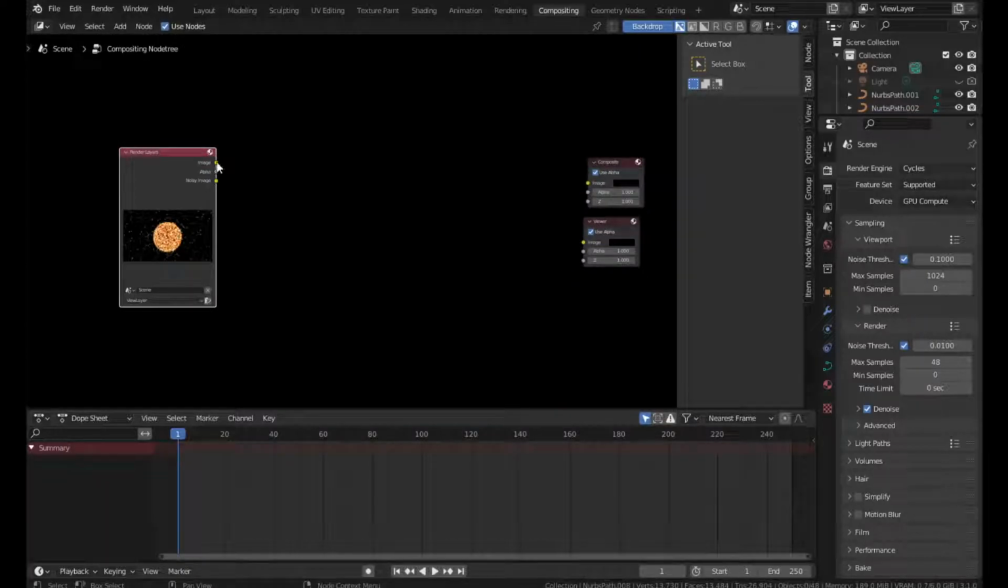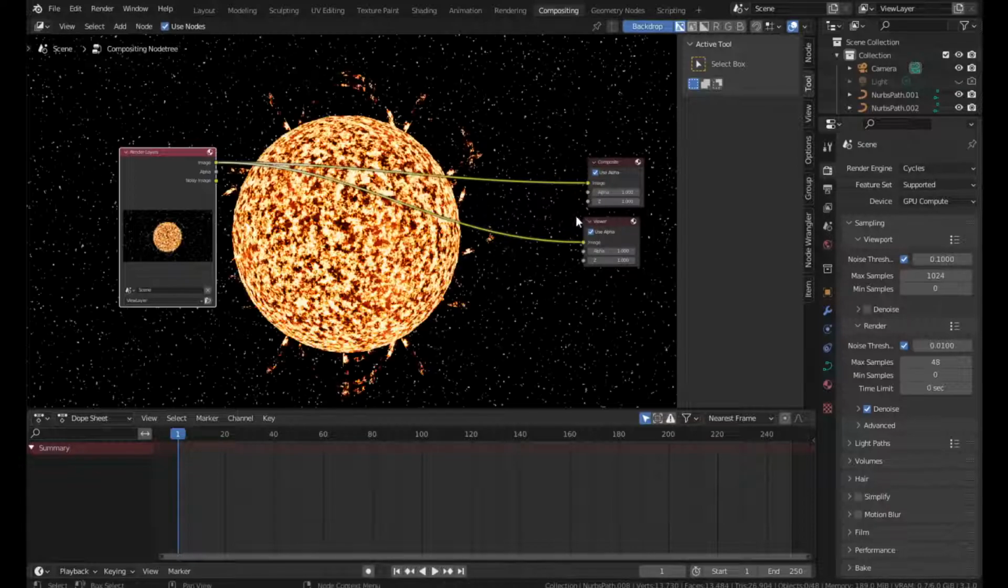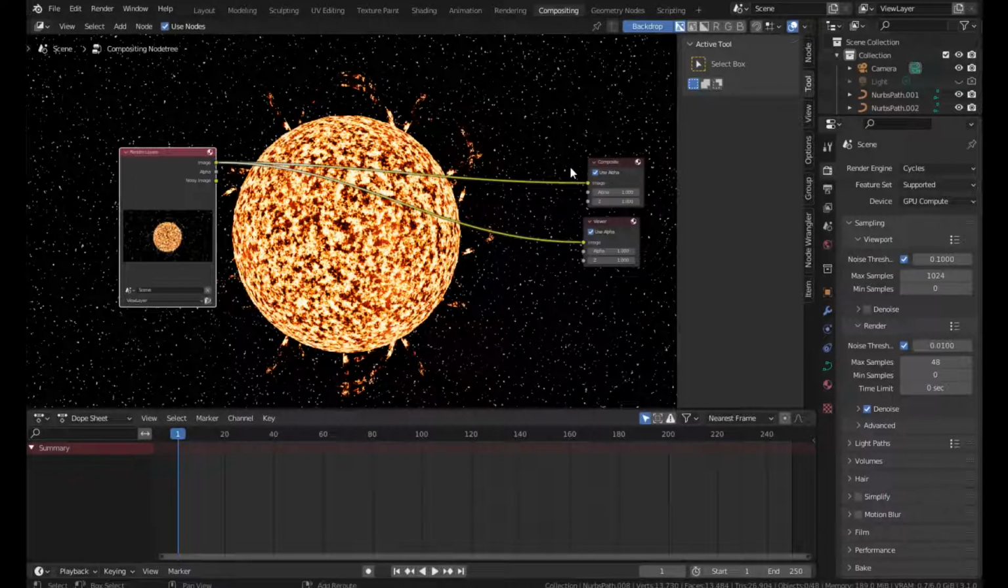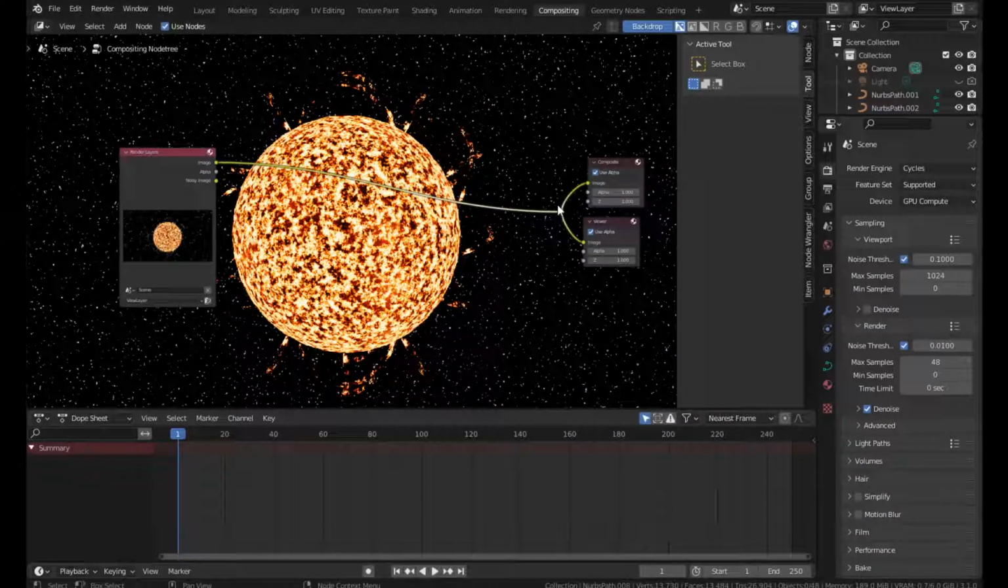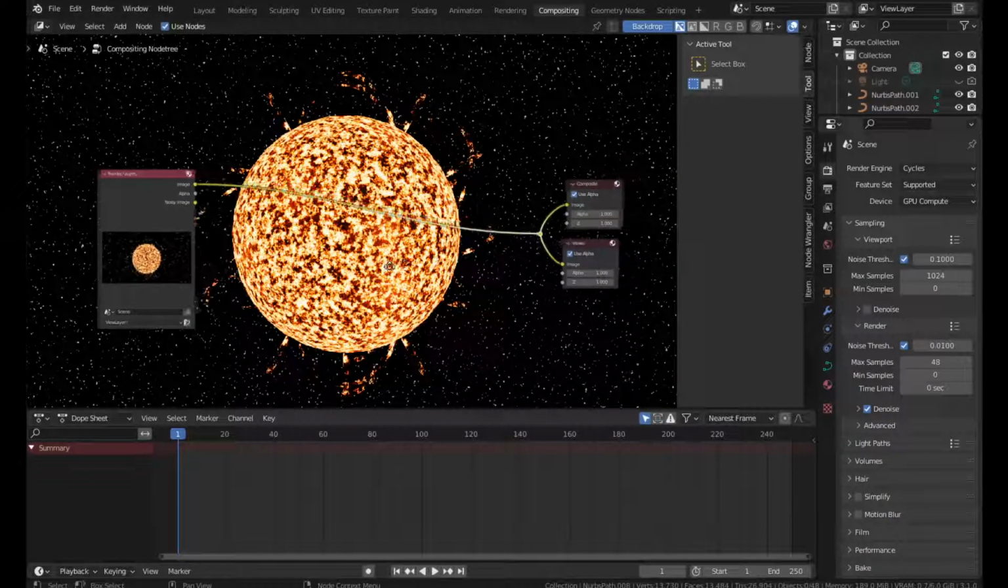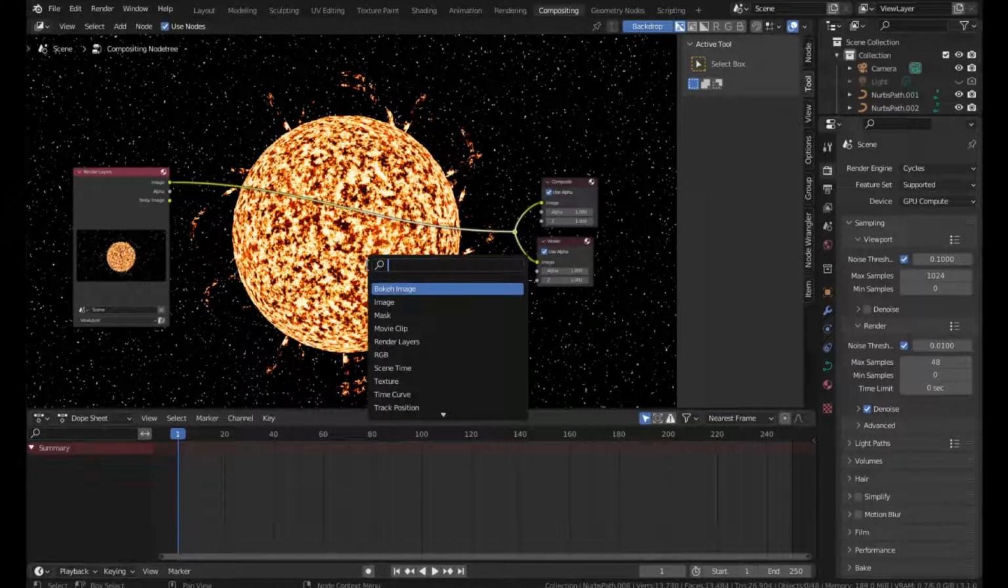Oh, that's cut. Hold on. I forgot. I always forget. I get Control and Shift mixed up when trying to join nodes like this. I always think it's Control, but it's actually Shift. Control deletes all the nodes. So now if we do